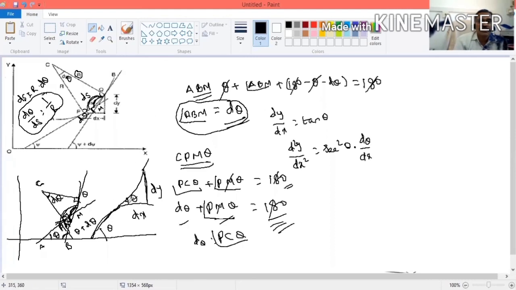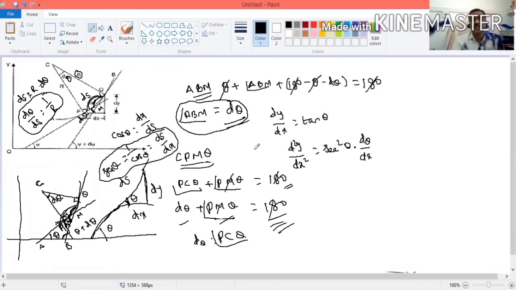And also in this graph, we are taking this as dx, this is dy, and this is theta. Now what is this distance? This is the arc distance, this is ds. Now if you take cos theta, what is cos theta? Cos theta is equal to the adjacent side dx by ds, where ds is the hypotenuse. Here you take 1 by cos theta. What is 1 by cos theta? It is secant theta. Secant theta is equal to ds by dx. This is another relation.